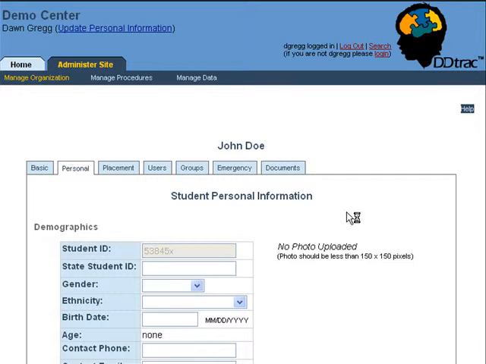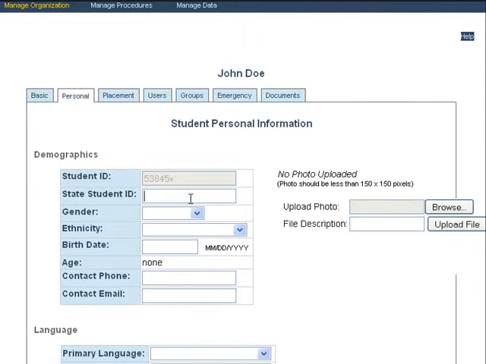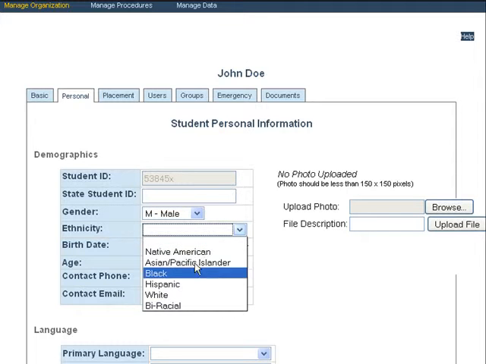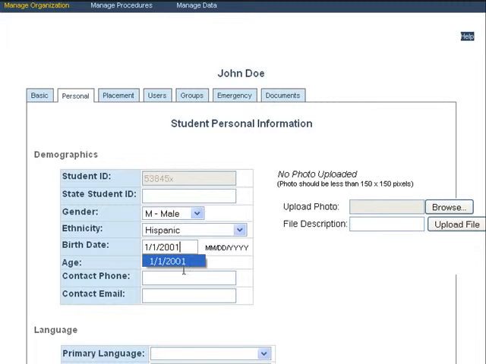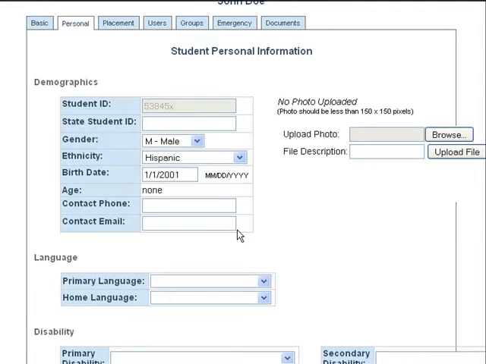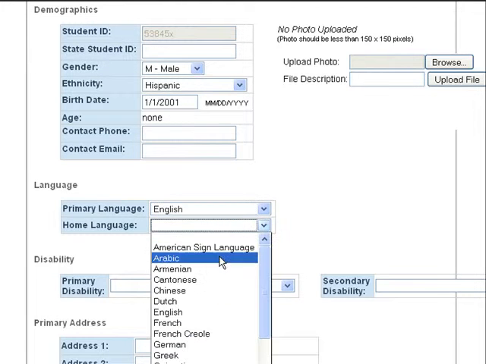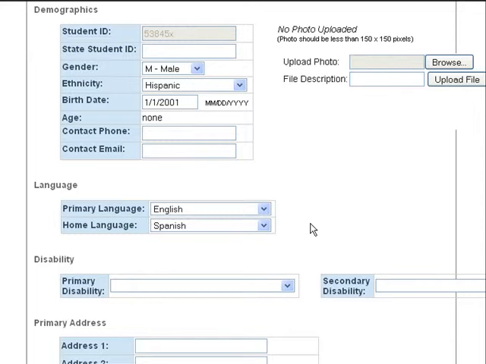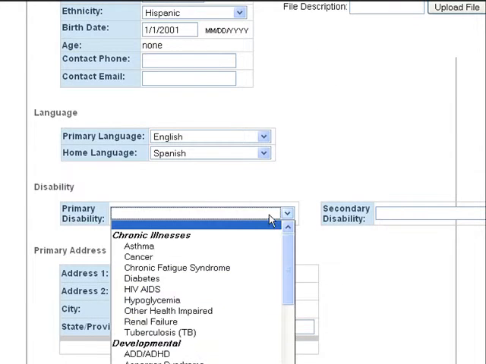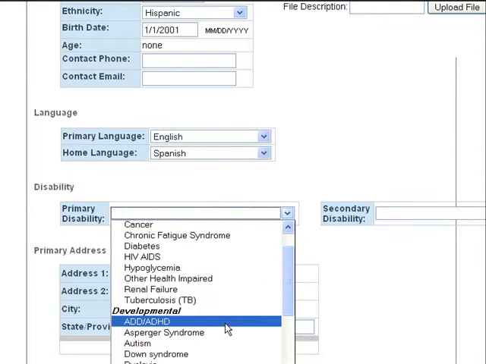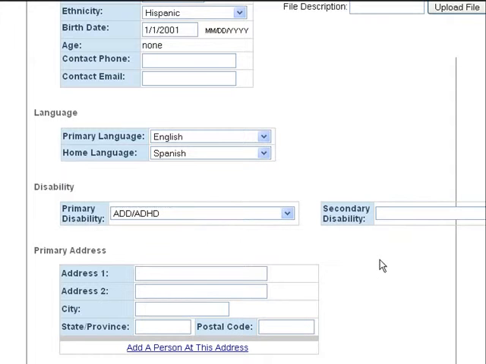give the student a separate state ID if we have separate state IDs. I could give the student a gender, male, ethnicity, he's Hispanic, birth date, contact phone and email, I could enter that. Primary language, let's say his primary language was English, and his home language, though, is Spanish. You can specify the primary and secondary disability. So let's say his primary disability is ADHD. You can put in his student's address,